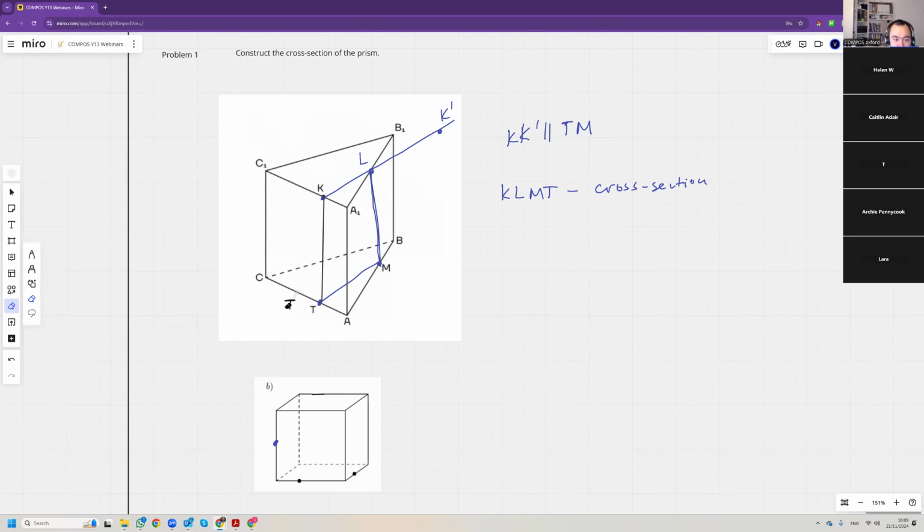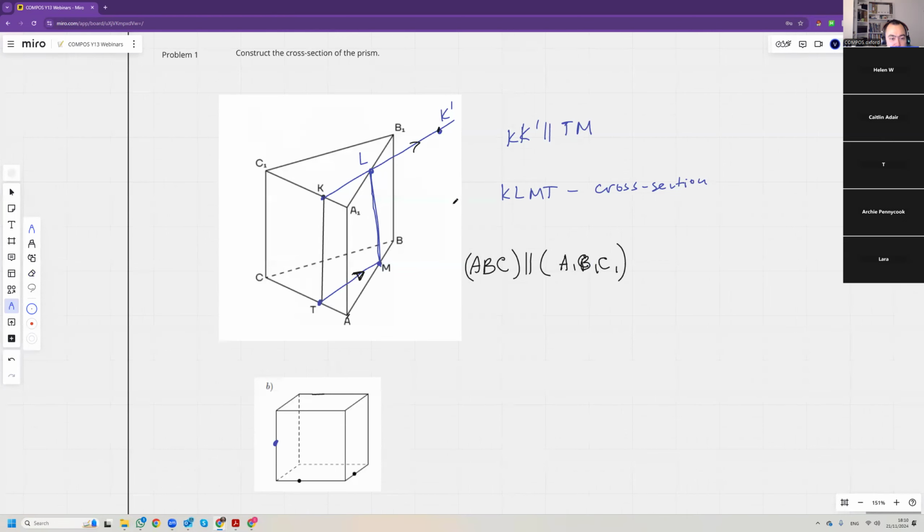Well, there was no KL to begin with. I just draw KK1, a line. So KK1 is parallel to TM. Why do I know this? Well, because the plane ABC is parallel to the plane A1, B1, C1, and